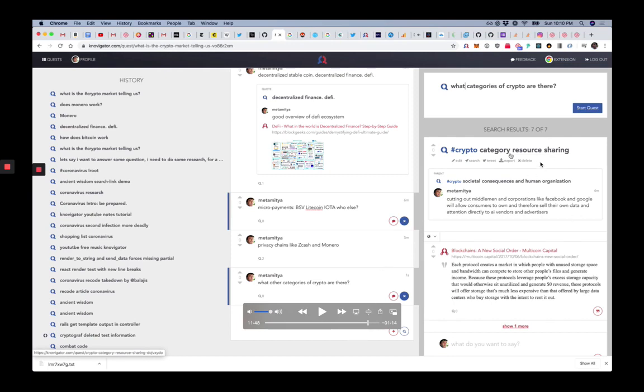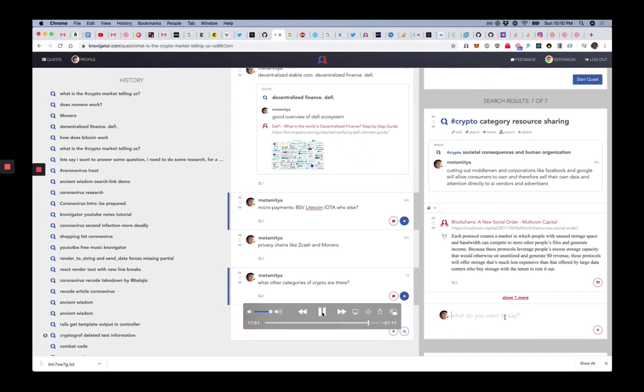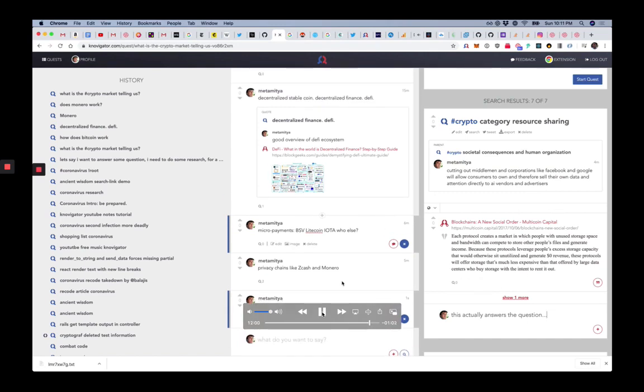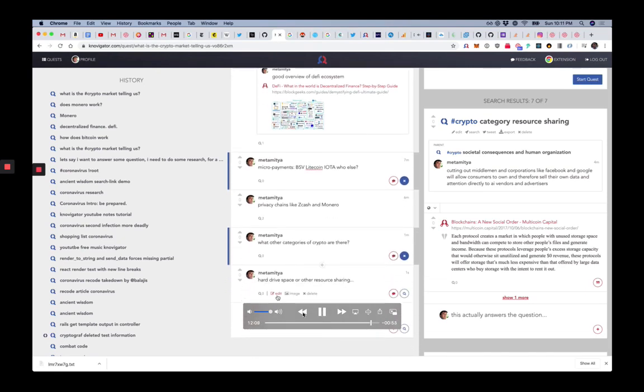So the answer is that there are cryptocurrencies for sharing resources, and I'm going to take advantage of my previous research. And of course, the resources that we're sharing are bandwidth, compute,